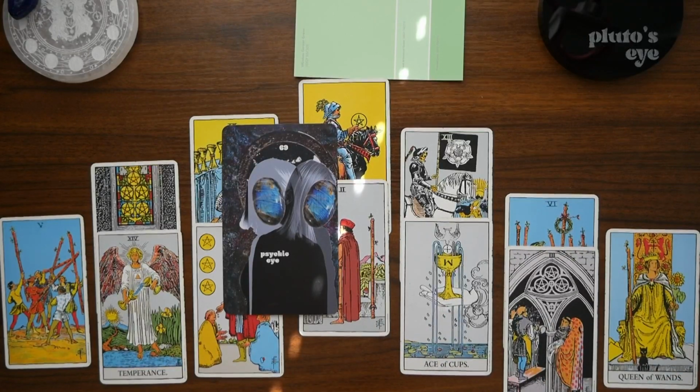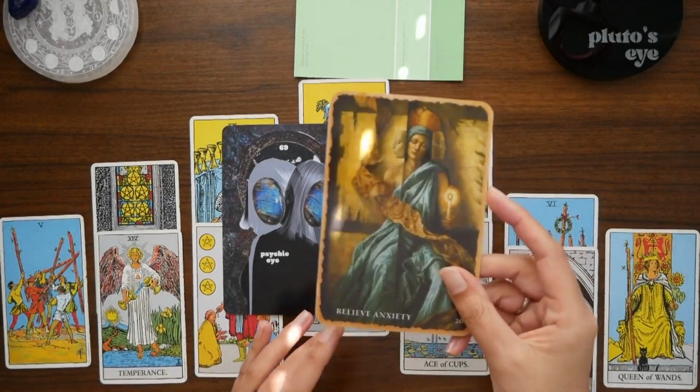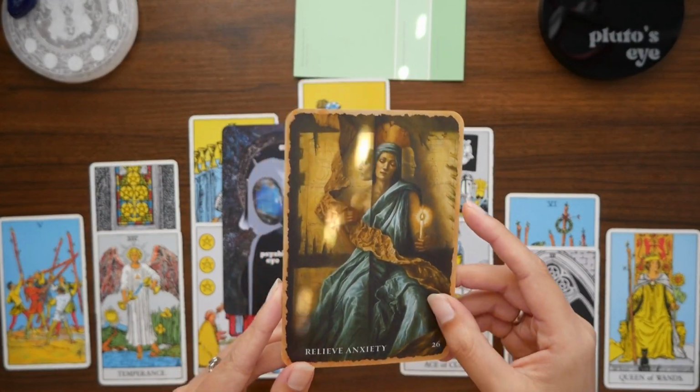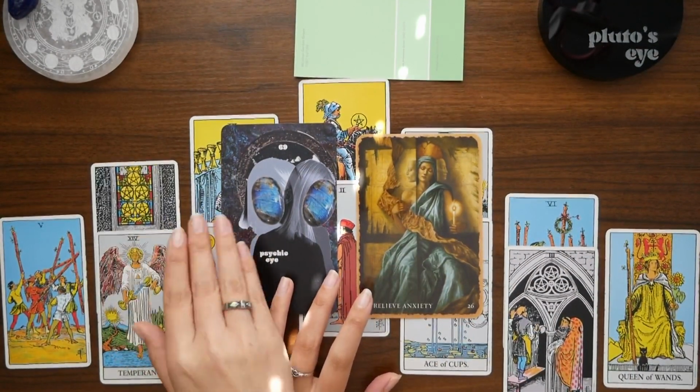It's like when you unclog a dam and there's one thing that needs to be pulled out, and then all this water comes streaming down, and then it starts flowing and it takes out all the other debris with it. Relieve anxiety. So this card is reminding you that yes, this switch